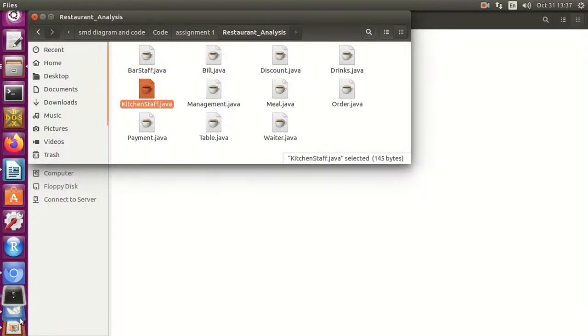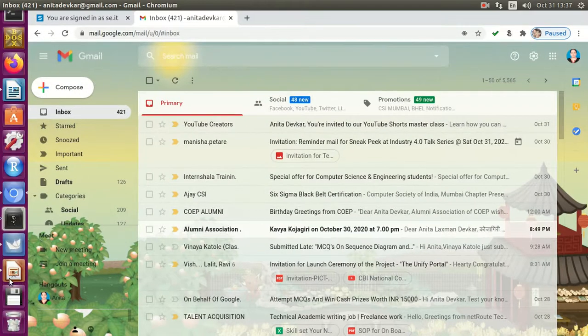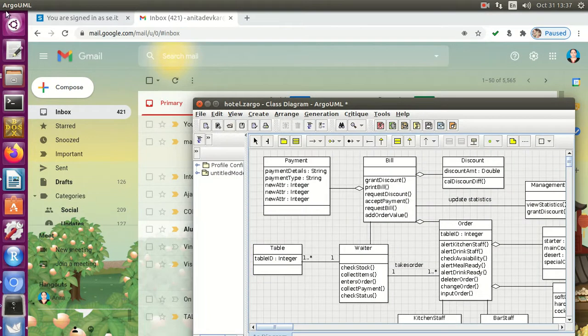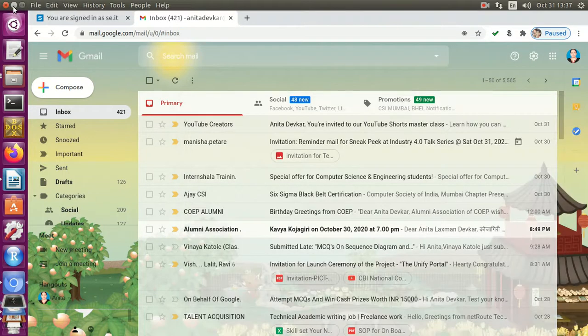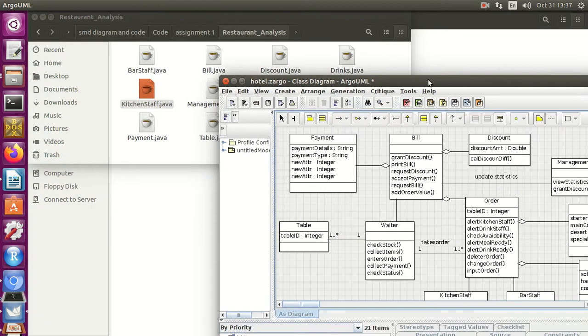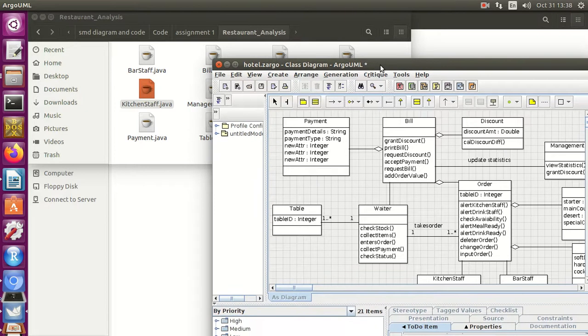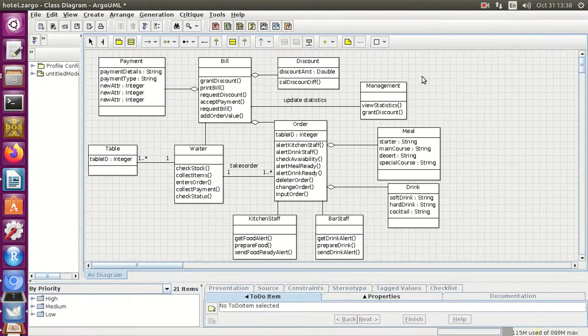So likewise, here you can see whatever classes we used here, all those classes are converted into .java files. So Payment.java, Bill.java, Discount.java, Management.java, Meal.java, all these files are converted into .java.